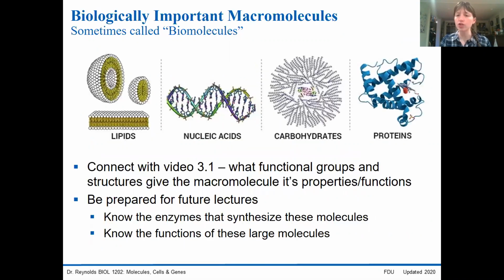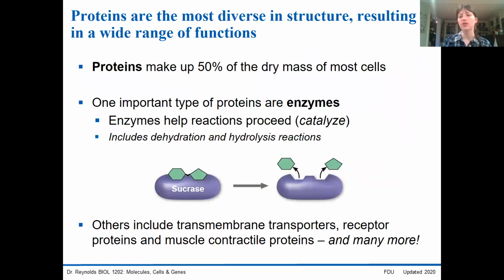So I want you guys to continually be thinking back to 3.1. Think about functional groups, think about structures that this gives the macromolecule, because that's the core behind properties and functions. And I do want you to be prepared, because you do need to know this material in order to assemble an actual cell. So we're going to start with a discussion of proteins, because proteins are the most abundant macromolecule